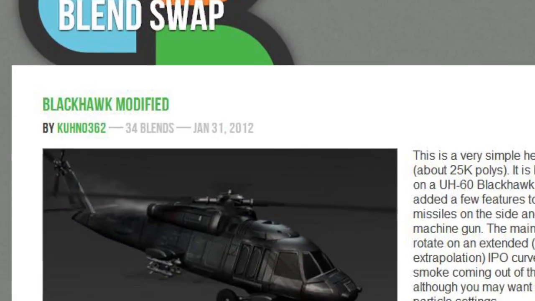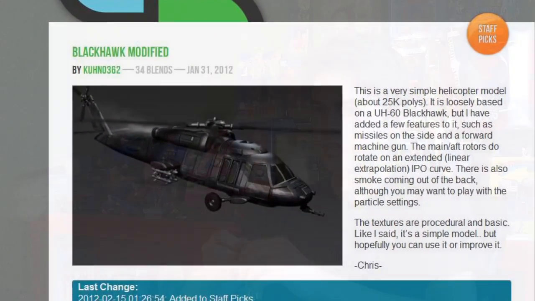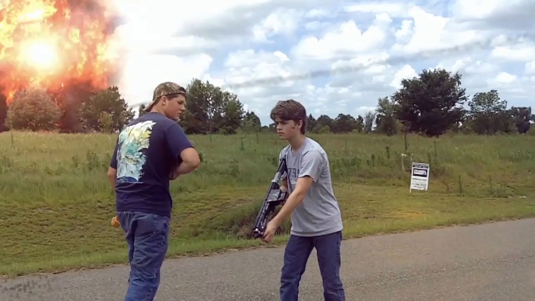I went on Blend Swap and I found a brilliant helicopter model. It was already animated. It even had a particle emitter for smoke coming out of the propellers. And all I had to do was give it some HDR reflections of the environment and then keyframe the movement from in the air to crashing and then render it out. I just popped it on the footage, and after some color correction, it looked great. For the explosion, all I had to do was add some stock footage, and under that make a new layer with darkened fractal noise and mask that layer into the shape of a giant smoke plume.